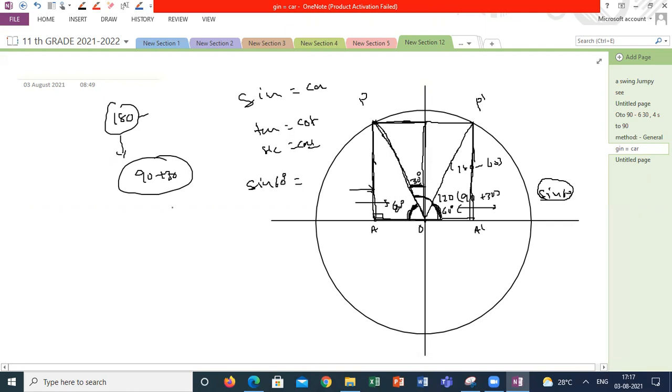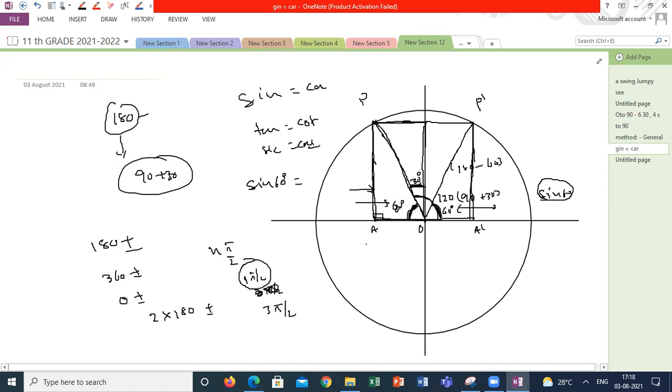That's the reason we will get the same ratio if it is either 180 plus or minus, 360 plus or minus, 0 plus or minus, or multiples of 180 plus or minus. If it is multiples of pi by 2, might be 1 pi by 2, 2 pi by 2, 3 pi by 2, sorry guys, even multiples of pi by 2 give the same ratio, and odd multiples of pi by 2